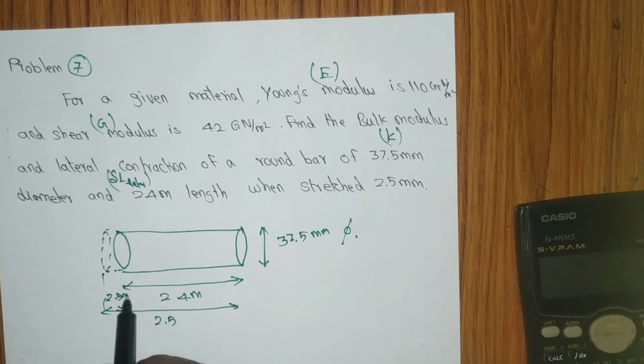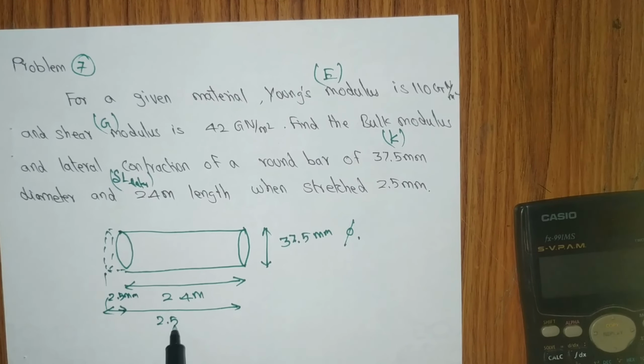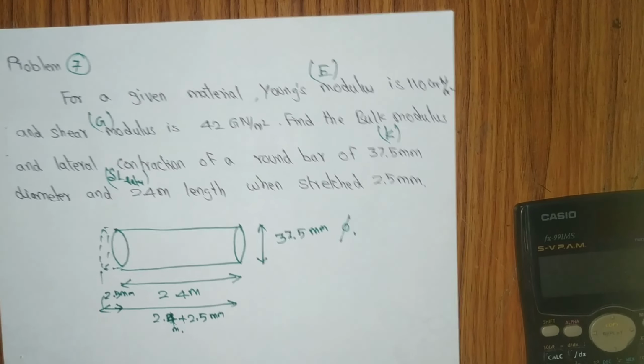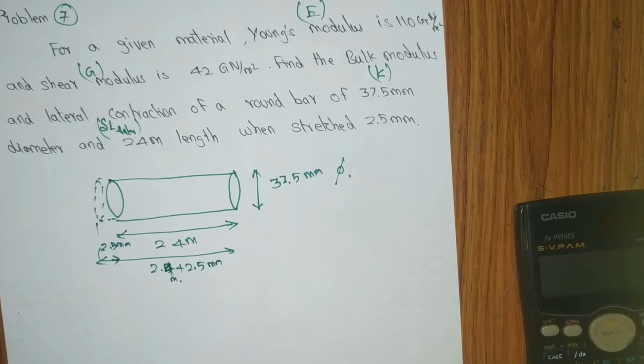2.5 mm. So totally you will get 2.9. This is 2.4 plus this 2.5 mm. This is in meter, right? So we need to find out the bulk modulus. So the given data are